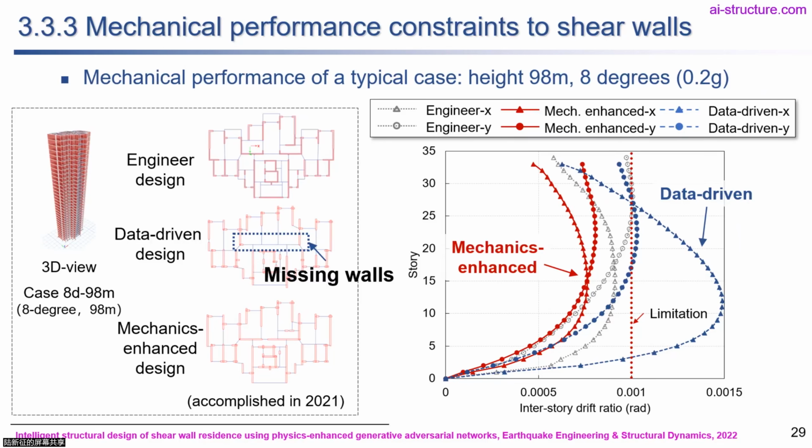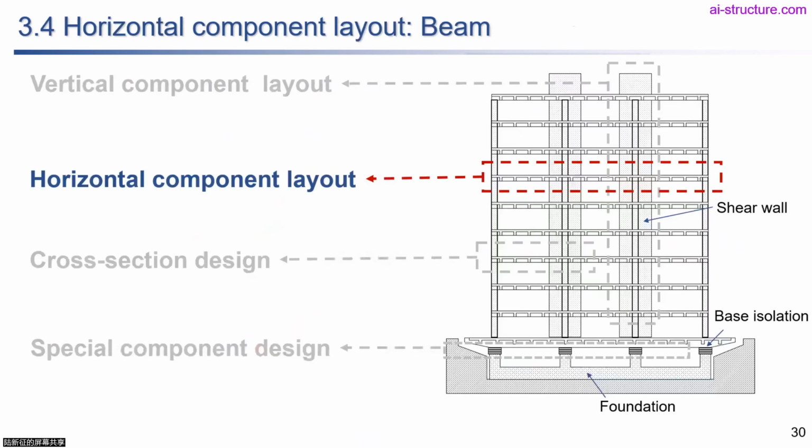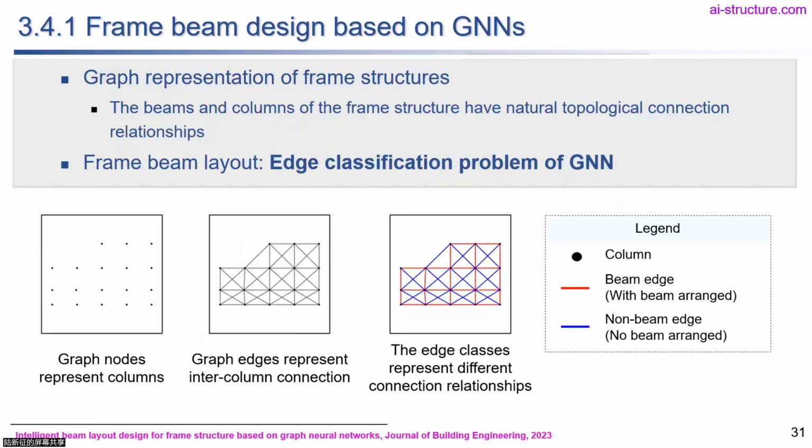So we can see that we can embed the architectural design, the design condition, and also the mechanics requirement into the AI generated result. Okay, then we go to the next step. We will do the horizontal component design. That is the layout of the beams. So as I mentioned before, we can let the layout of beams become